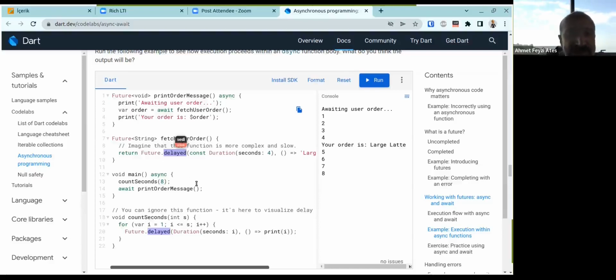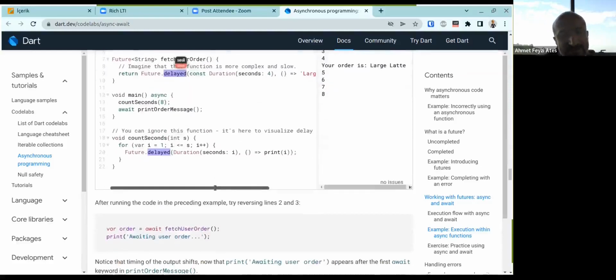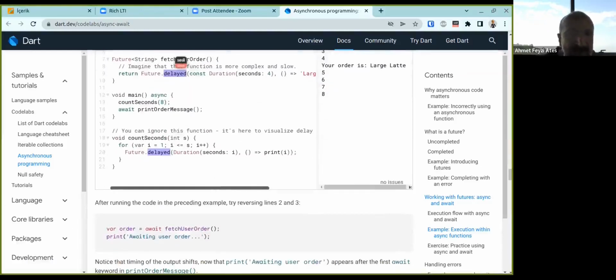But since we can implement many thens consecutively, this may cause complex programs. So that's why most programming languages implement the async await pattern. Async await is just syntactic sugar to make asynchronous code look like synchronous code. I want to give an example.